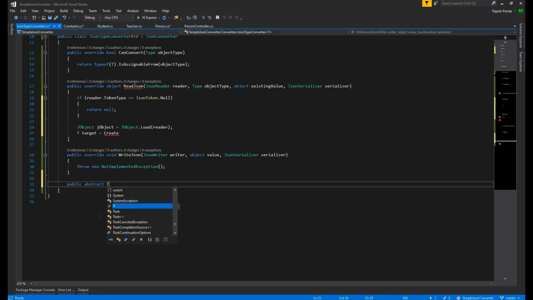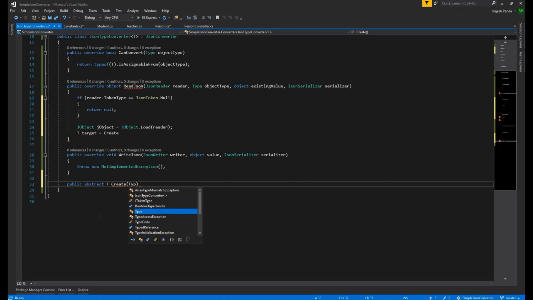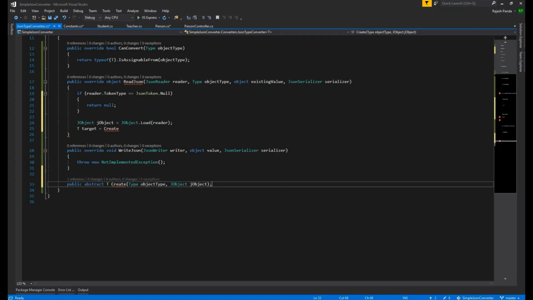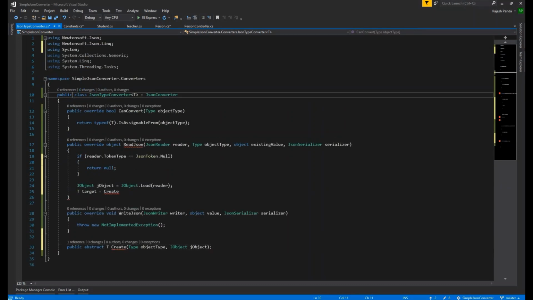The output type will be type T, and let's use the Create method, and the input will be type objectType, and then the JObject. That is good. Let's define it as an abstract class,